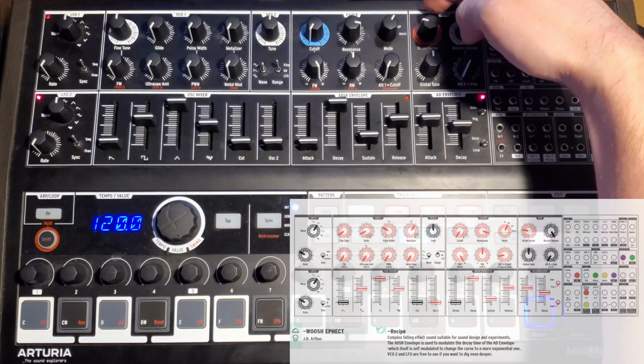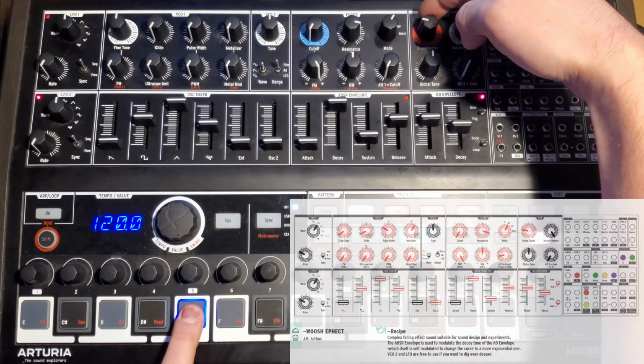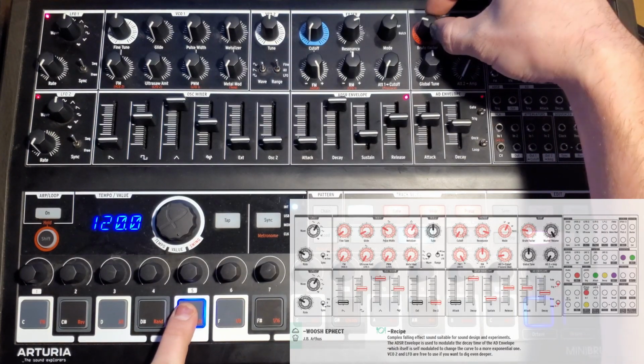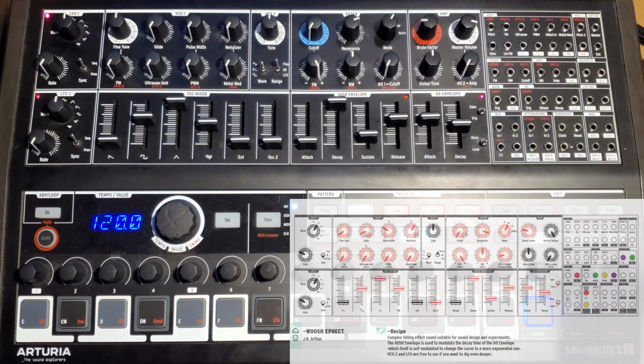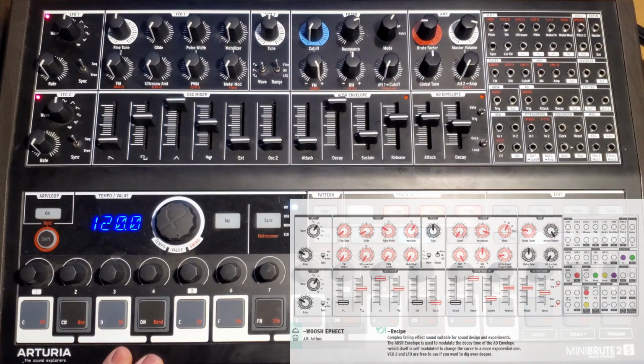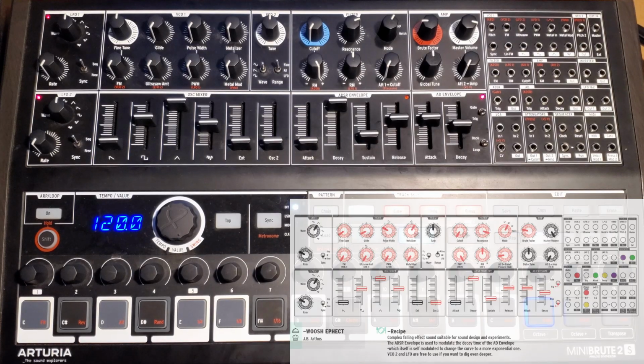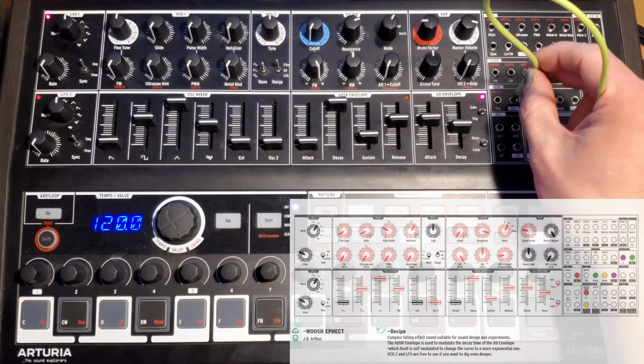First of all, I want to add a little bit of brute factor and turn down the resonance, just to put a little bit of stank on it, right? Now, let's get into the meat and potatoes and get the patching going, because this is where the patch starts to come alive, right? The first thing we're going to do is take the ADSR out, and